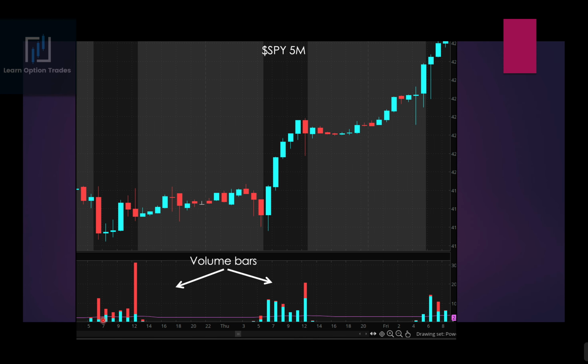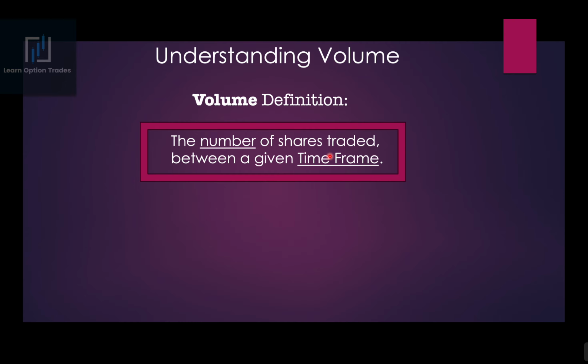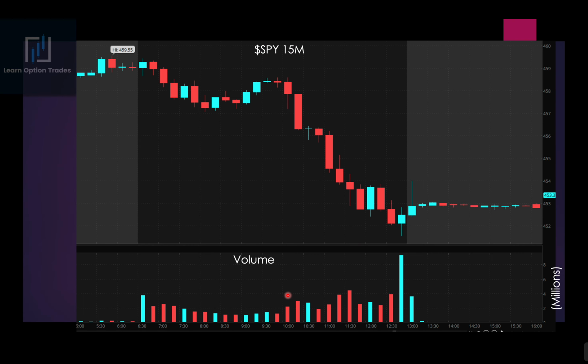It's just comparing and adding your other tools with the mix to really take certain trades, so finding the best trade in your favor. But anyways, now that we understand the number of shares traded between a given time frame equals volume, now we